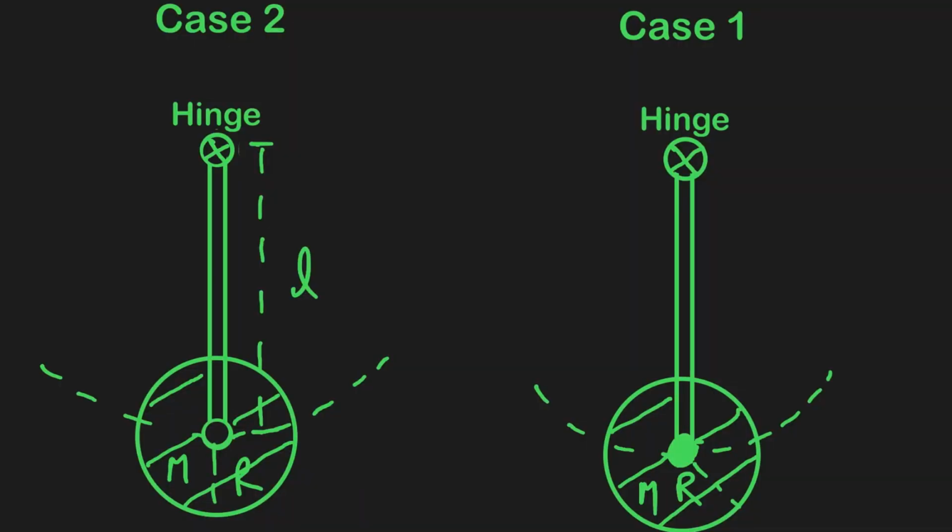Guys, just have a look at this question. In this question, there are two cases. In case 1, there is a disk of mass m and radius r that is welded at one end of this rod, which is massless, and the length of the rod is L. Now, this rod is hinged from the other end and it is free to rotate about an axis which is